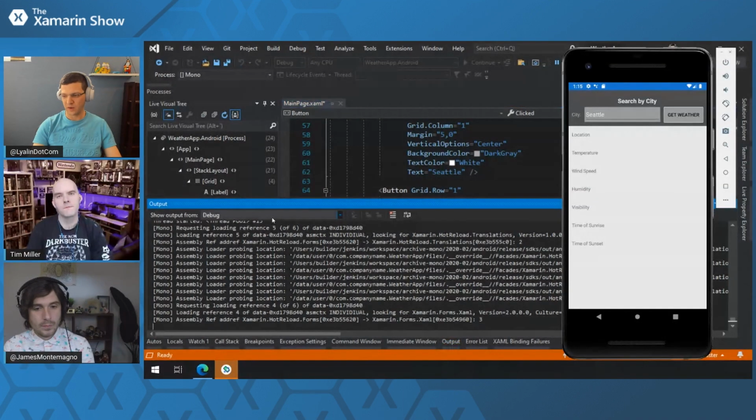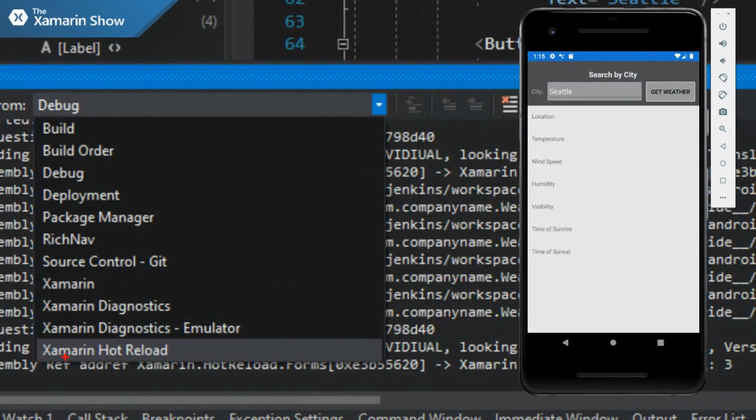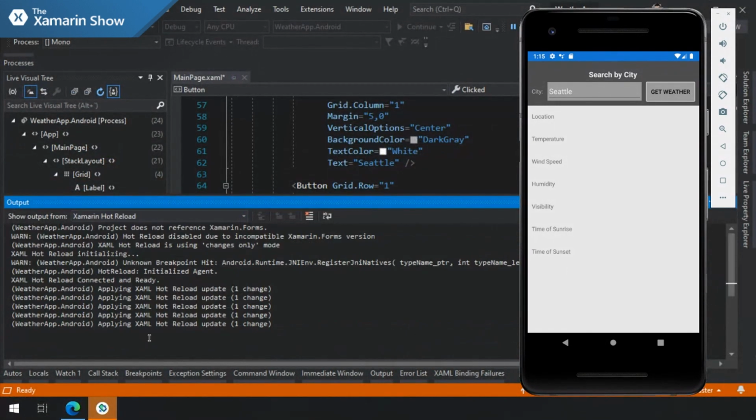I guess the one last thing I'll say is that we acknowledge that there might be times where you're not sure what's happening with XAML Hot Reload. So we've added something totally new. This only is available for Xamarin developers. If you can go back to my screen for a second, in the output window, we now have a brand new category called Xamarin Hot Reload. And if you select that, you're going to get diagnostic information, including when Hot Reload is working.